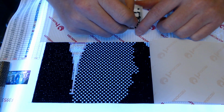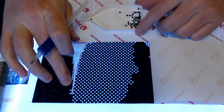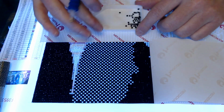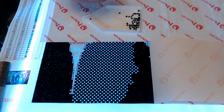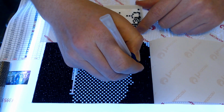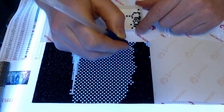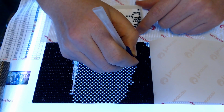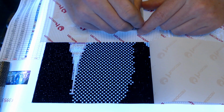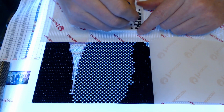As I was doing the initial portion of the checkerboard, to fill in this small section that I didn't do on the last video, and then all of this checkerboard over here, it took me about an hour and 20 minutes. So that first portion of the video that's sped up, which I'm not exactly sure how long it is because I haven't edited the video yet, was an hour and 20 minutes worth of video that I sped up. So it is a time-consuming hobby,